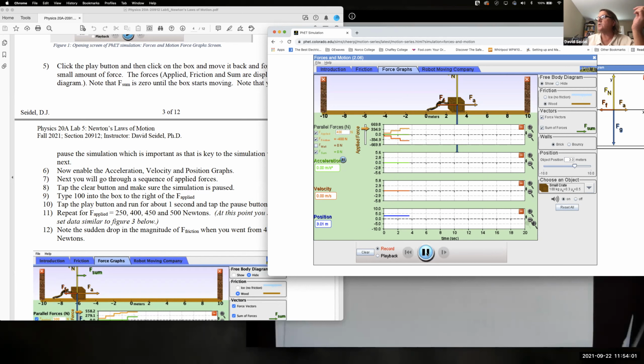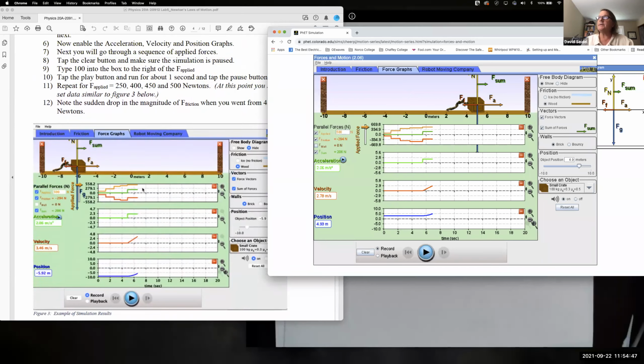And you see at each one of these, the force of friction is balancing the force applied. We're still in static friction. Okay, I'm going to tap 450 in, and it's still following that. And I'm going to put 500 in. Now, because I know in advance, my applied force is going to go up, but my friction force is going to go down, and we're going to start accelerating.